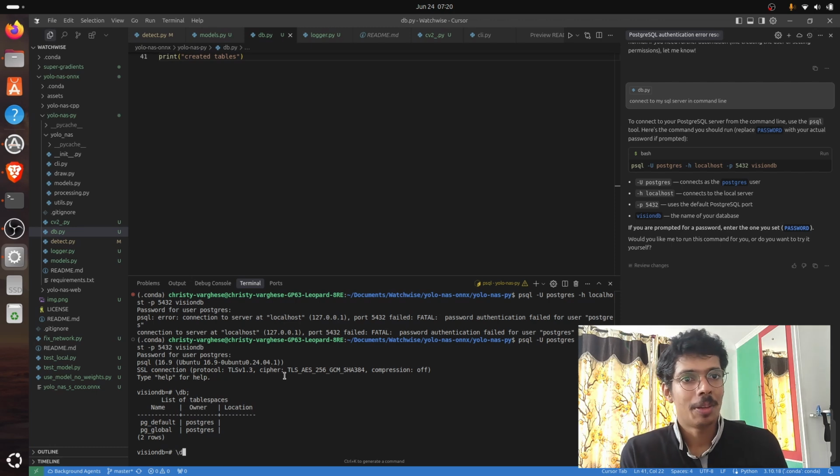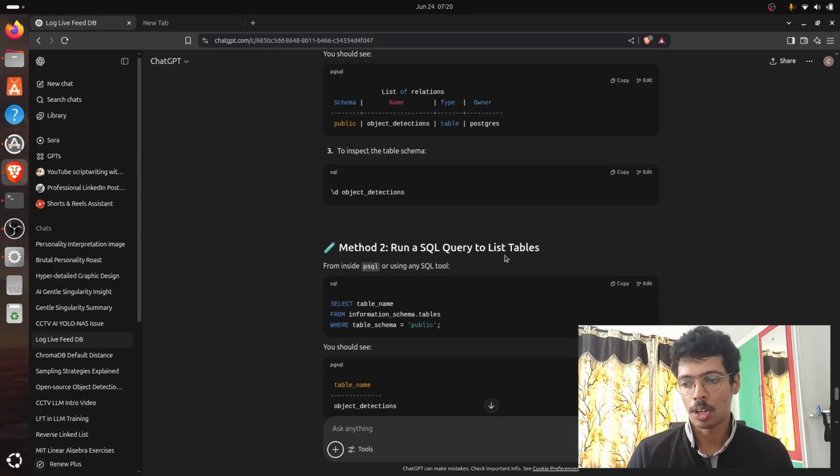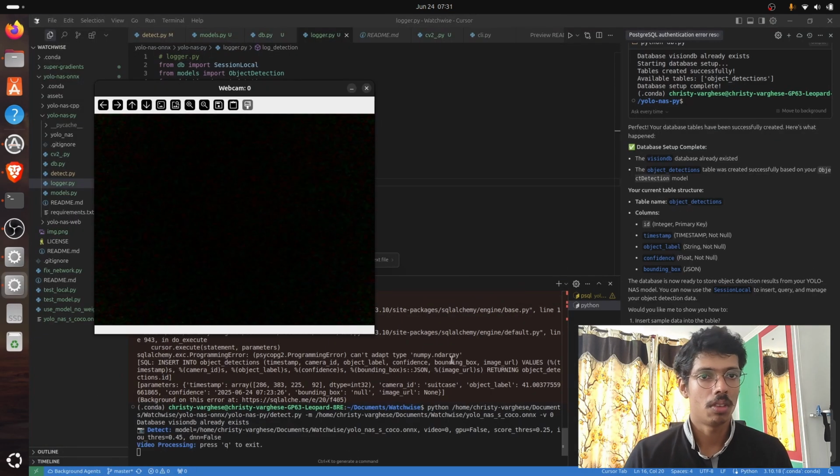So for that, we made sure that YOLO NAS is working, and we tried to log the values and also set up a basic DB. So right now we are trying to log those values predicted by YOLO NAS into our particular database. For that, we created a database using PostgreSQL, and our database contains a few columns like camera ID, objects detected, bounding boxes, of course.